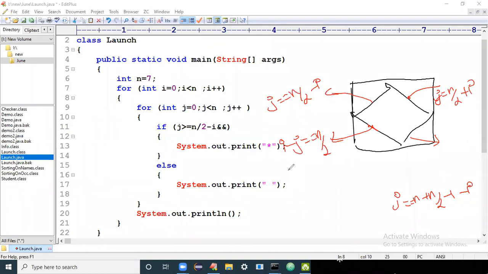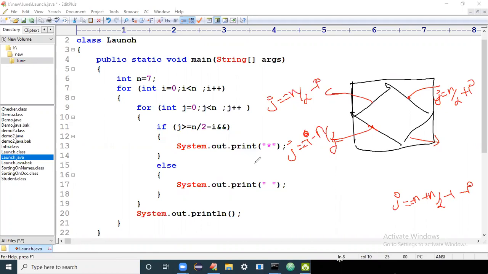So it is I equals to n by 2 minus j goes that side, becomes plus j. Then plus n by 2, I'll bring it this side, so it becomes minus n by 2. I minus n by 2 is equals to j. So finally, I can rewrite the equation as j is equals to I minus n by 2. So I'll write here j is equals to I minus n by 2.